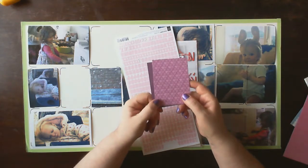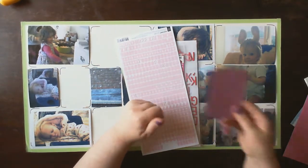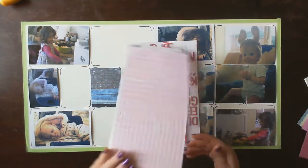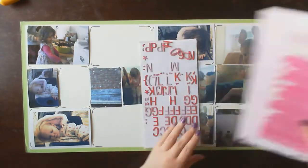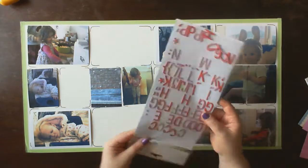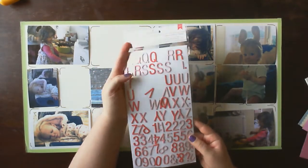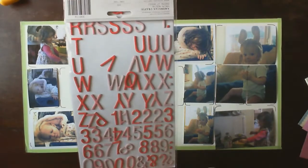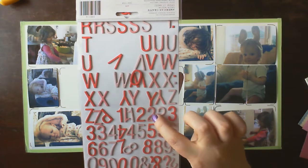I never used to do 12x12 layouts on a purple background, but I do like to have it in Project Life. I got some little mini alphabets in pink, and then I'm going to be using these stickers, and I really like them. If you can see when I bring them up closer to the camera, they're like 3 different shades of pink: